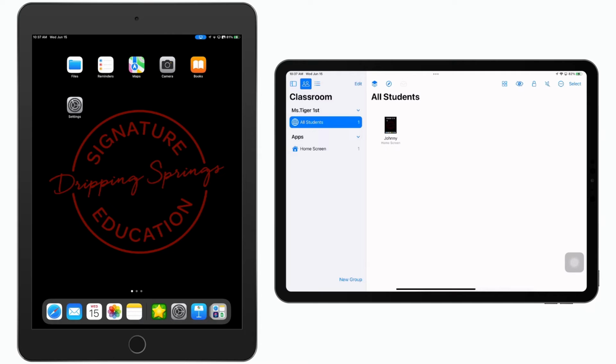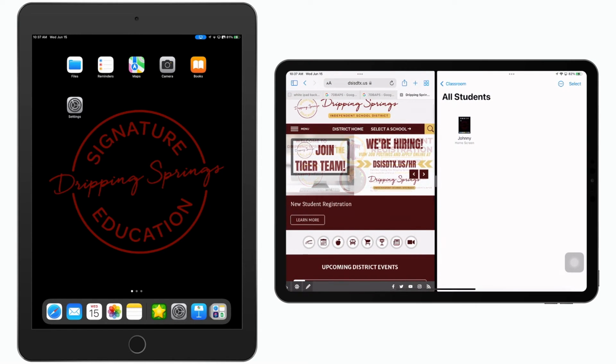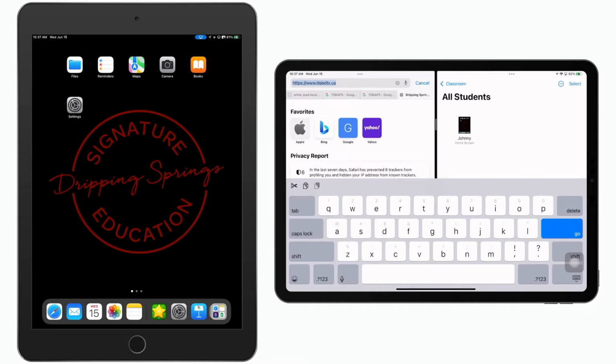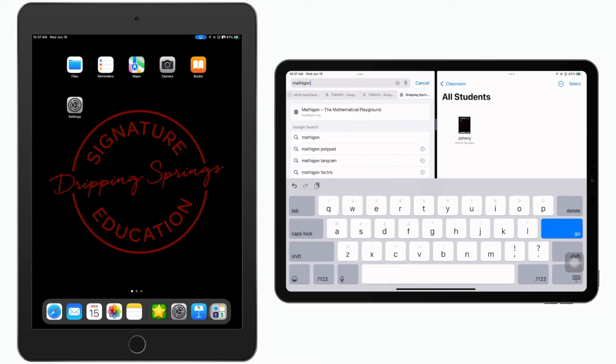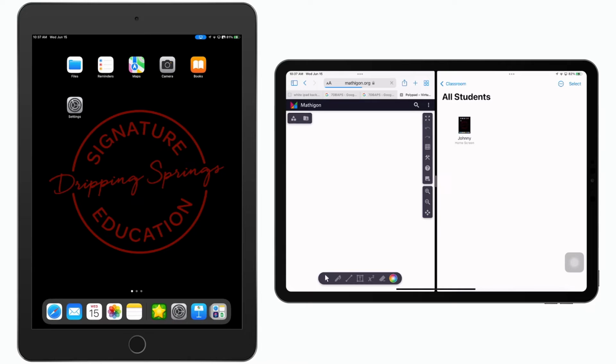So I'm just going to gently swipe up from the bottom of my screen, and I'm going to hold Safari down and just drag it to the side so that I have my split view opened up. And in here, I'm going to type in the URL of the website that I want my students to go to. And I'm going to find the exact page that I want them to explore. There's two different ways that I can do this. I can go to the share arrow,